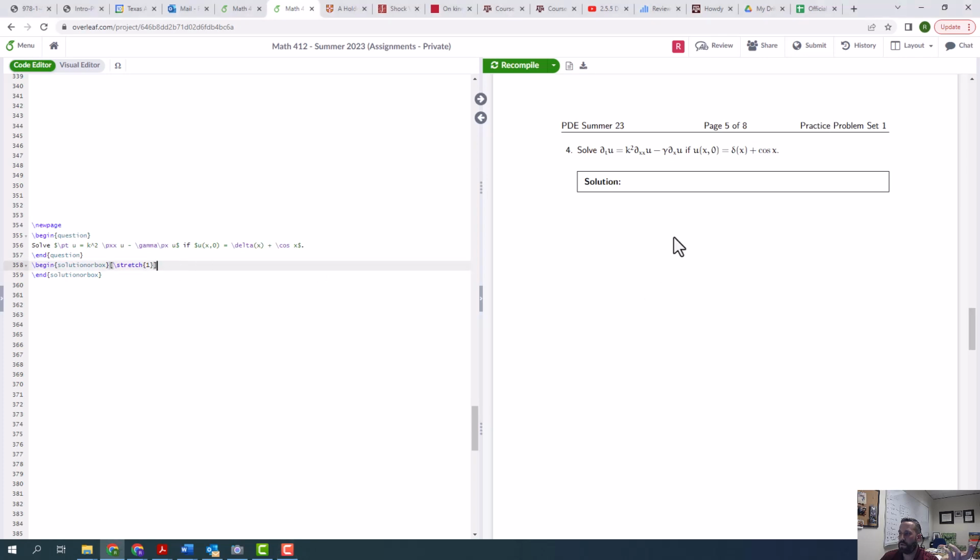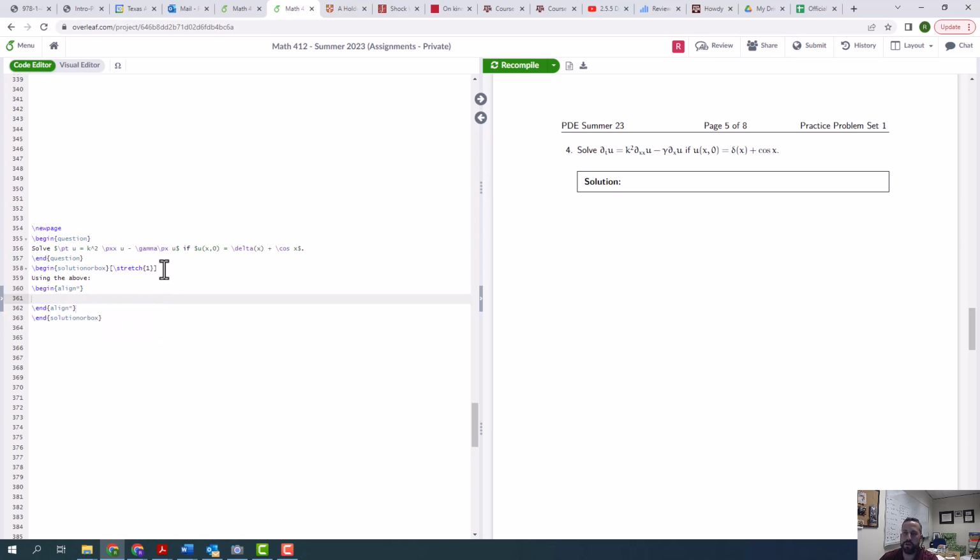Okay, now we're doing this problem. What is the difference between this one and the one before? One, there's a gamma instead of a c. Two, we're actually given something explicit here. So I'm going to use the above problem and then just plug in delta plus cosine for the initial data. So using the above,